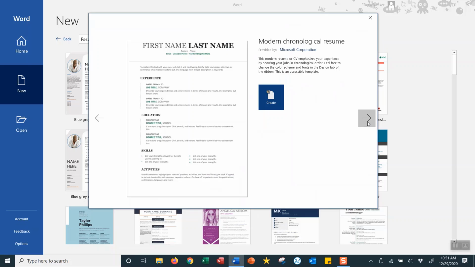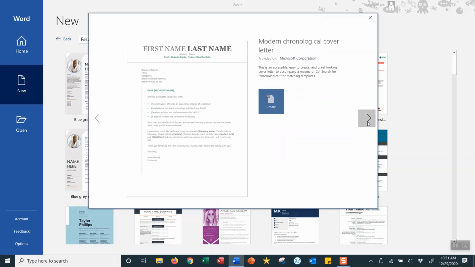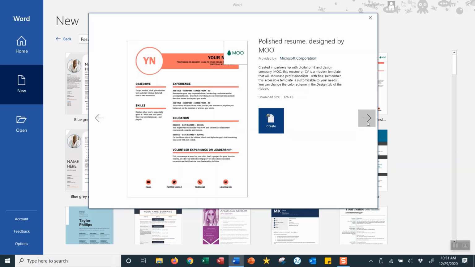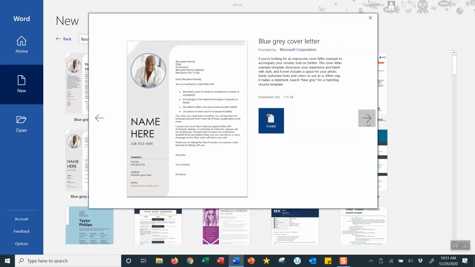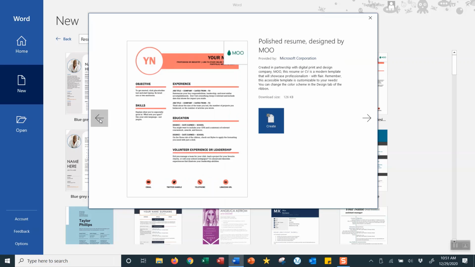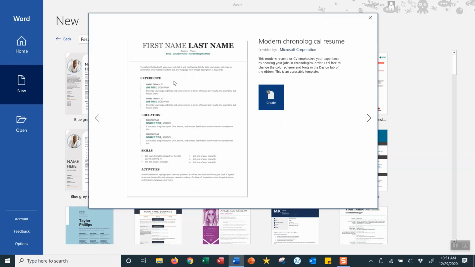We might come back and use this one. I'll click the right arrow again. This is a cover letter that might go with that resume. Right arrow again. Here's another design and another design. And as you see, I can slowly scroll through these to find something that I like. I'll go back with the left arrow, and I'll end up at this first very basic resume, and this is the one I would like to work with. So I will click on the Create button,